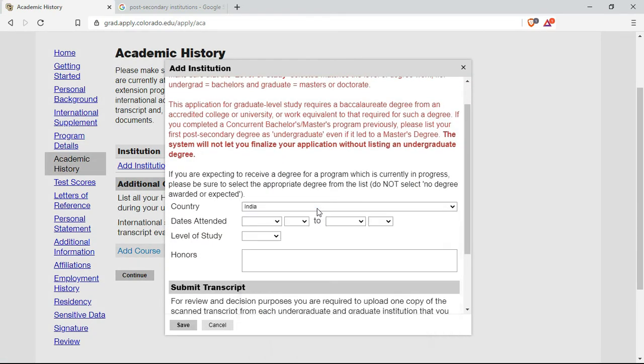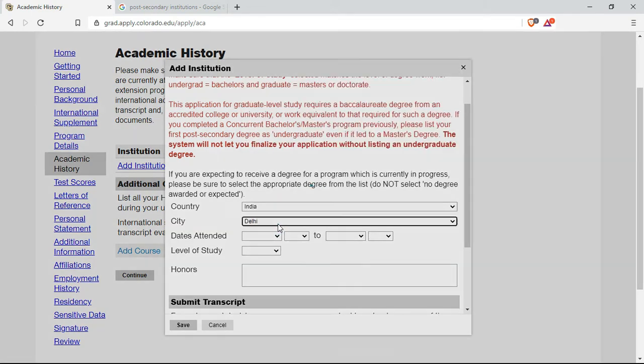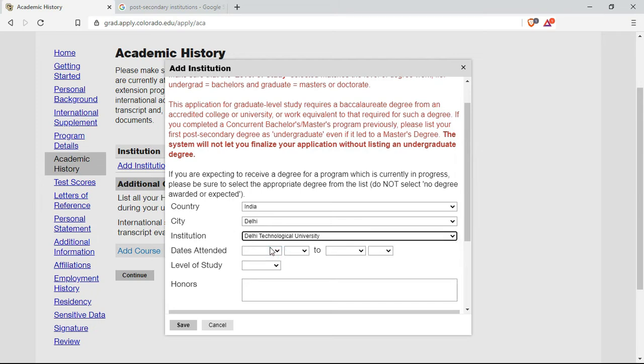So whatever details are required, fill in according to your personal details. Don't mess it up. This is very important. It needs to match with your transcripts that you are going to submit to the university. So carefully take your own time and submit your application. If you are busy, you can pause this application, and once you submit, it saves, and later you can log in with the same credentials and submit your application later as well.